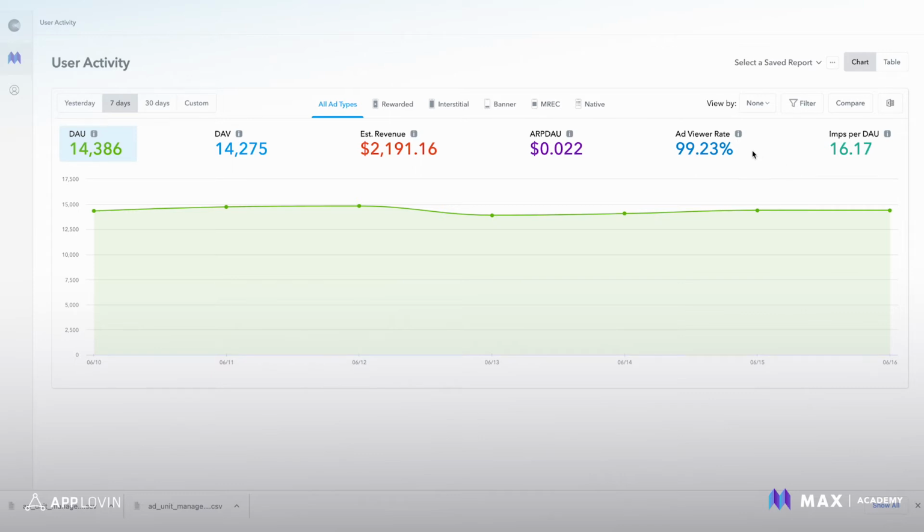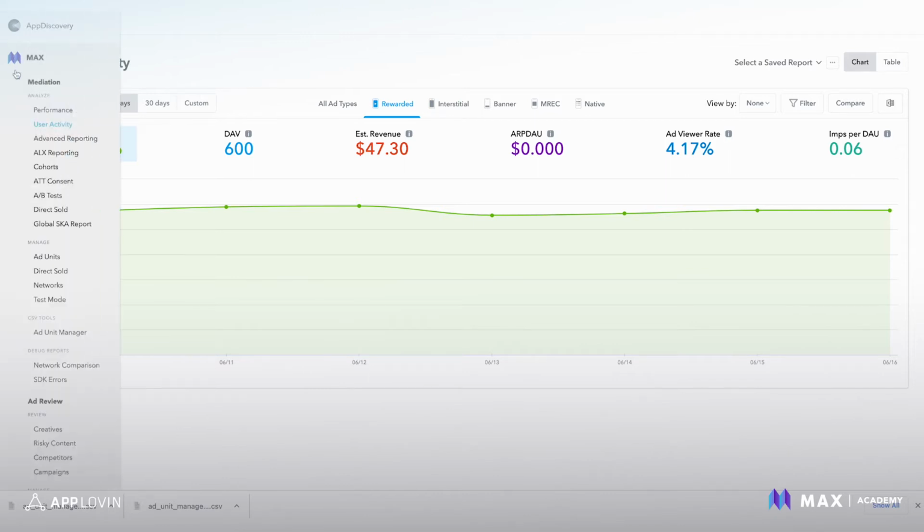Just wanted to call this out that whether you have a fancy business intelligence tool or access to connect to our API, you can measure your ARPDAU and get some really great stats on how people are engaging with your ad formats. Advanced reporting is what we're going to cover today, but definitely check out our documentation to learn more about the other reports in our reporting APIs that are available to you.